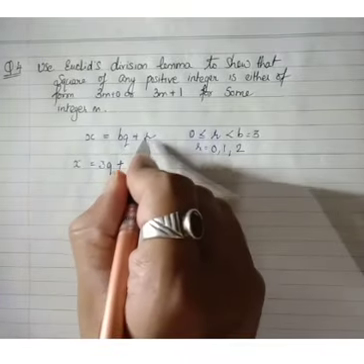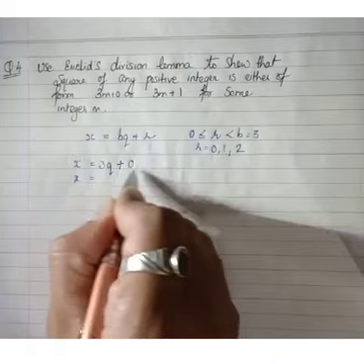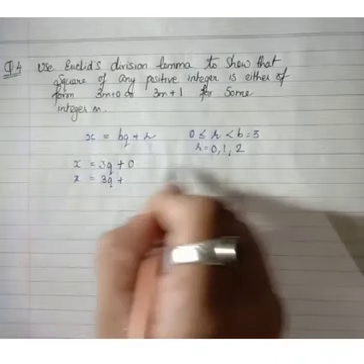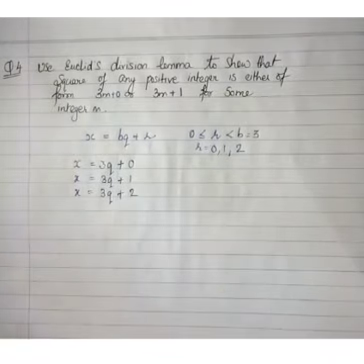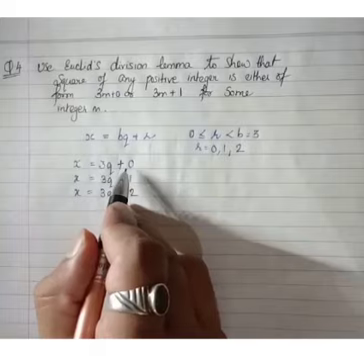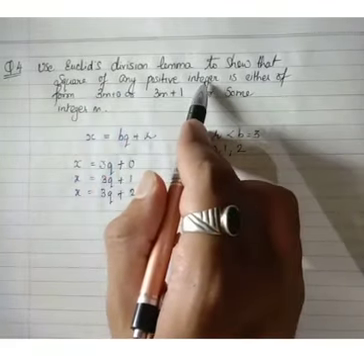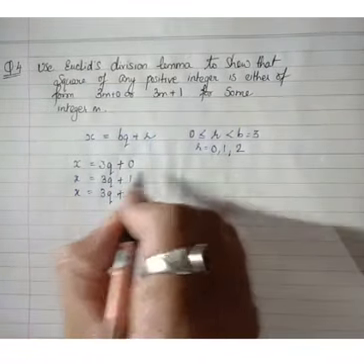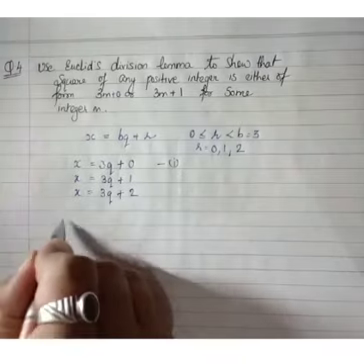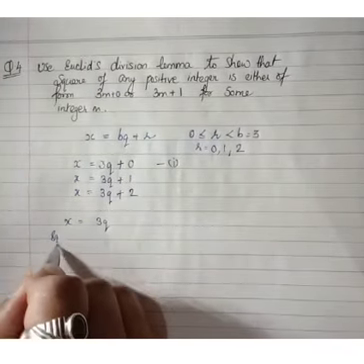In that case, taking r value as 0, 1 and 2, x can have the values 3q plus 0, 3q plus 1 and 3q plus 2. Clear? So x can have these values. Now we will square each and try to show that the square of this positive integer is either of the form 3m or 3m plus 1. So first I will begin with x equal to 3q. Squaring both sides,